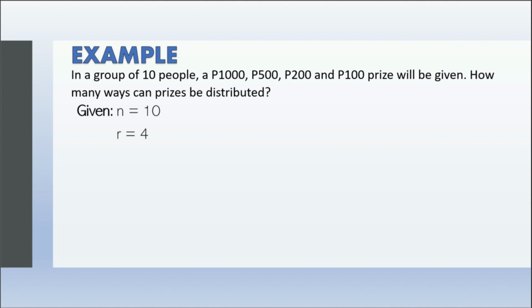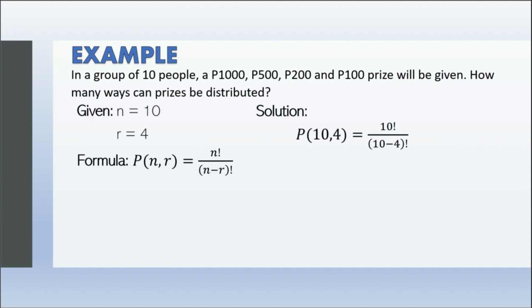And since the prizes are different, we will use the permutation formula, because if you are the first winner, you will receive the highest amount. That is why the order is important. Substituting the values of n and r to the formula, we have 10 factorial over the quantity 10 minus 4